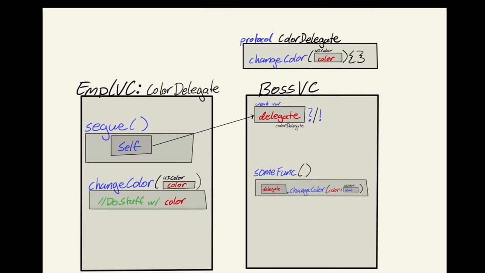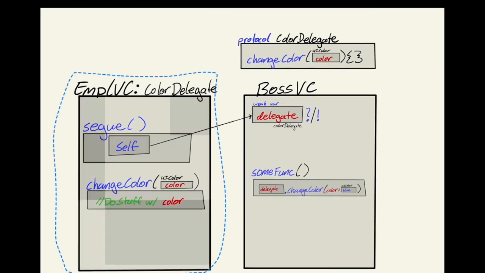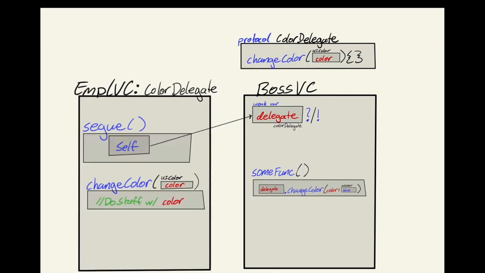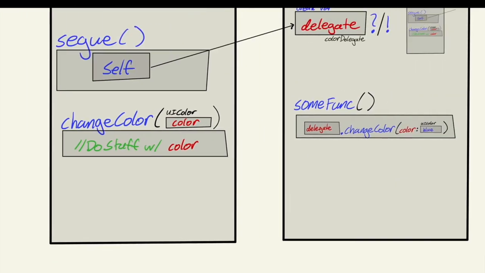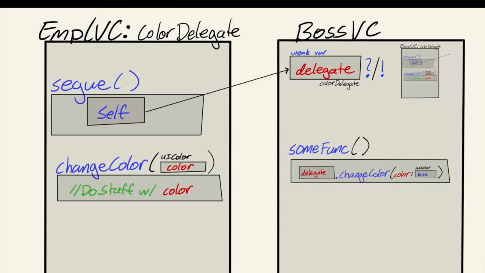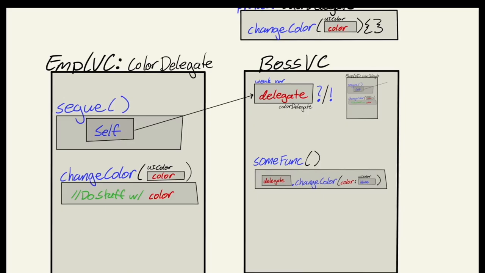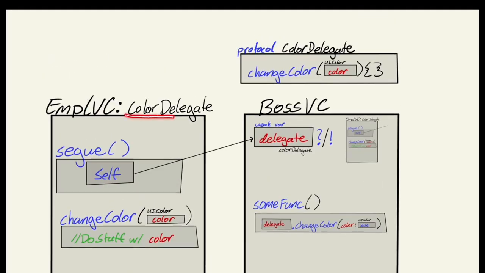So that means that this whole VC is actually going to be contained within this delegate variable. And then when we come back down here, we can see that since employee VC conforms to color delegate,